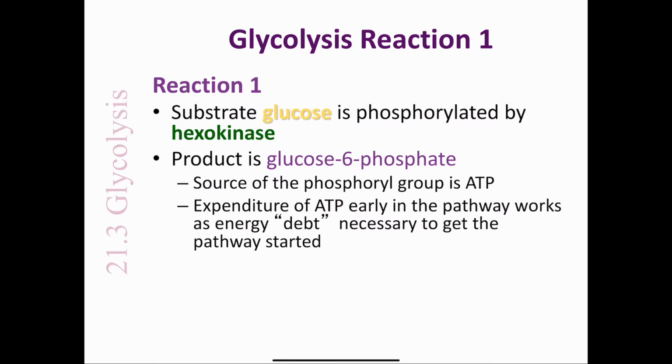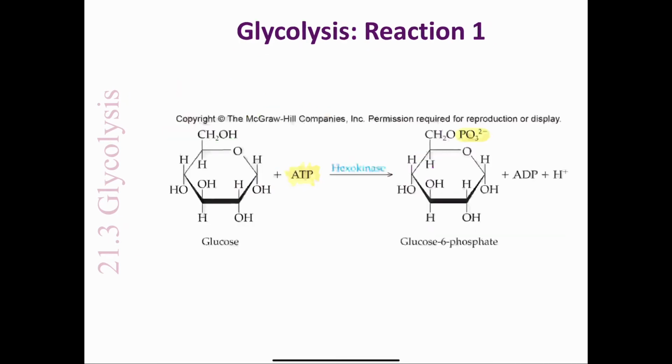At first, this reaction seems contrary to the overall purpose of catabolism, the production of ATP. The expenditure of ATP in these early reactions must be thought of as an investment. The cell actually goes into energy debt in these early reactions, but this is absolutely necessary to get the pathway started. Here's my 6-carbon sugar, glucose, and my adenosine triphosphate. The enzyme is hexokinase, and kinases catalyze phosphorylations. And what we're doing is adding a phosphoryl group on the 6th carbon. The products are glucose 6-phosphate, G6P,